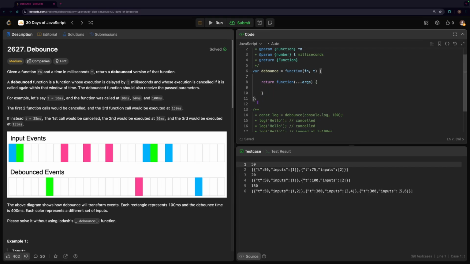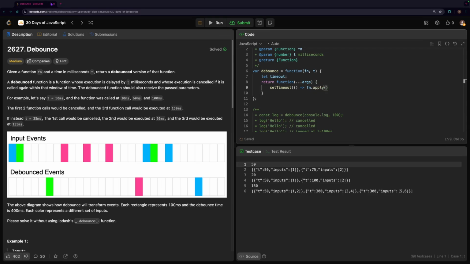The way I'm going to solve this is by using a closure. First we're going to start out by declaring a timeout variable, and the inner function that gets returned is going to have a closure over this variable, so we're going to have access to it at all times. Next I'm going to create a timeout, and this timeout is just going to call the function alongside the arguments. And what I'm actually going to do here is use apply,